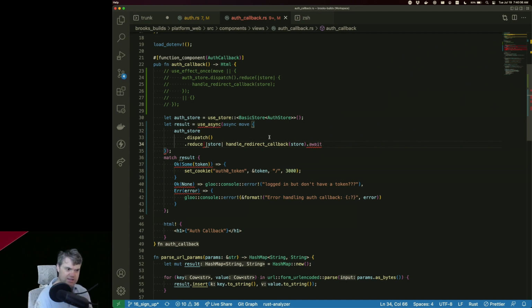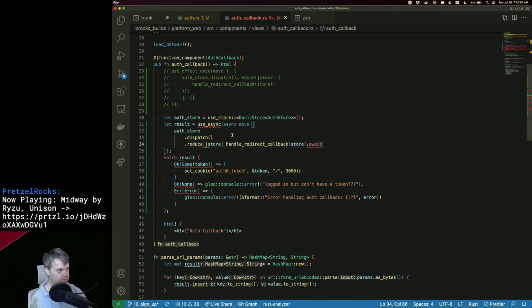That okay, that's kind of better. So you go to here. Mismatch closing delimiter. Okay, so result. So what we do is use async move, open and close here.